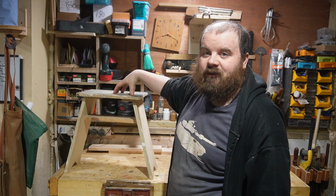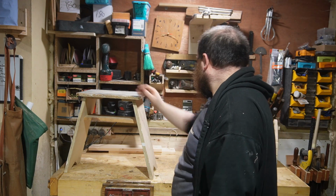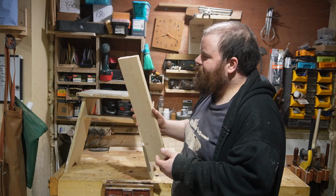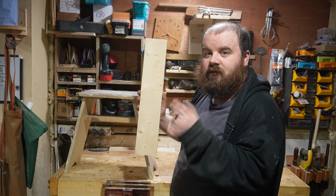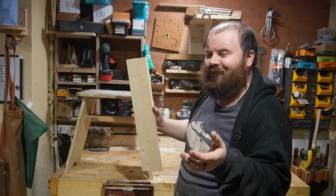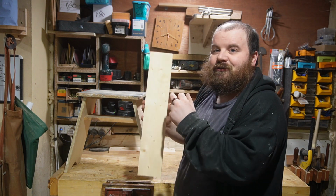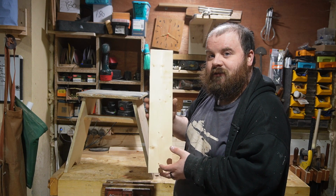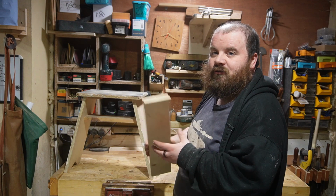So as I said, these are made out of just bits of cheap material. I'm going to make the new one out of deal. This is just 4x1 deal that you can get in any shop. Not in any shop, obviously, in any hardware shop. So this is what's known as 4x1 planed. You should be able to get all the material you need for the stool that we're going to make out